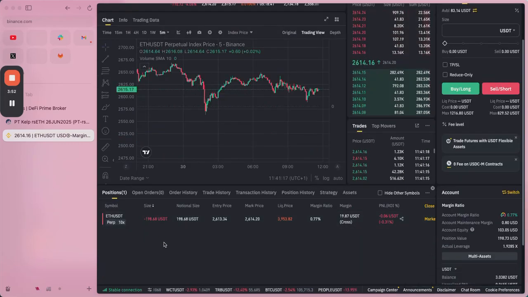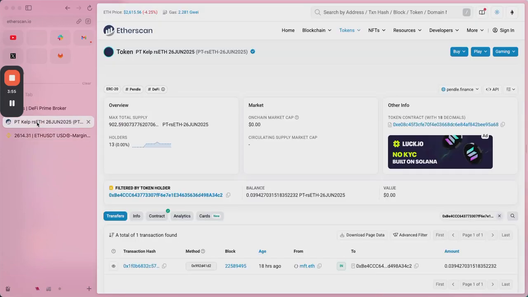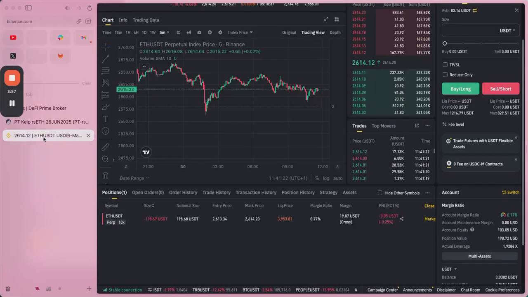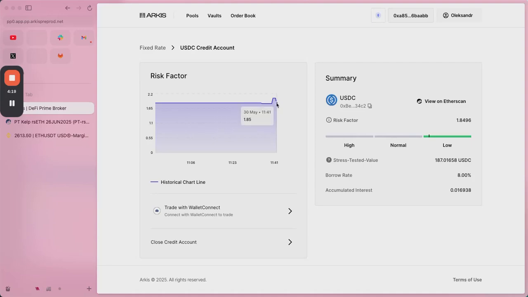Now you can see that we have a long position in rsETH for $100, and we have a short position for $200 on ETH USDT. Let's take a look at what happens to our stress tested value and to our risk factor when our position becomes short biased compared to delta neutral. We can now see that our margin risk factor has dropped, because now our position is